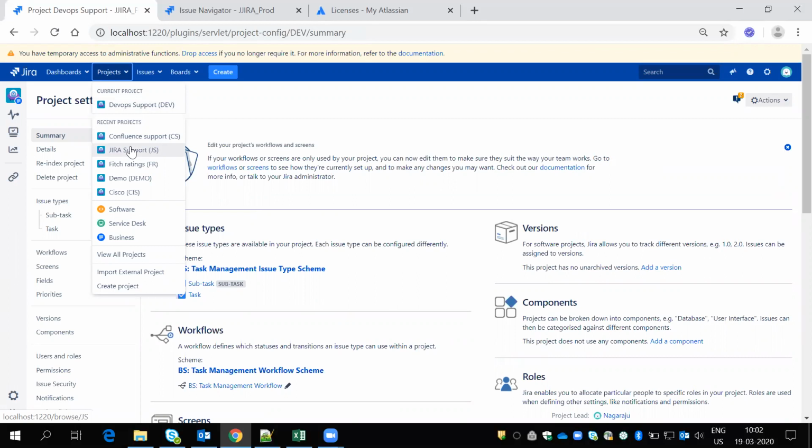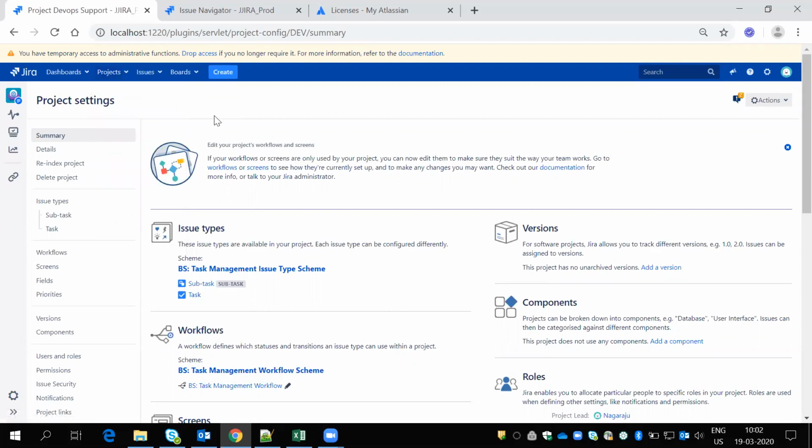I need to see each and every ticket created in these three projects. If any ticket is created in these three projects, it needs to come to my board. And suppose in Jira only two people are working, in Confluence three people are working, and in the DevOps team three people are working. So we need to achieve this with the help of these Scrum projects.